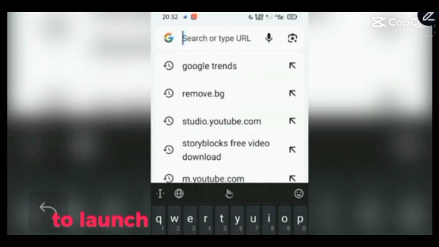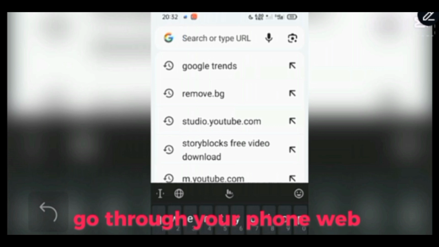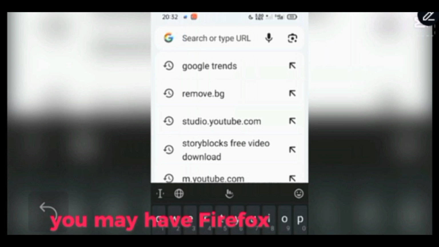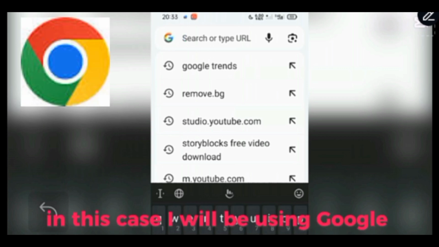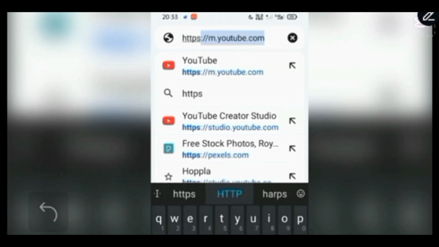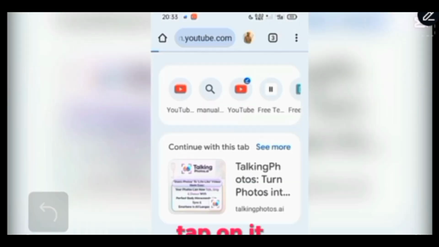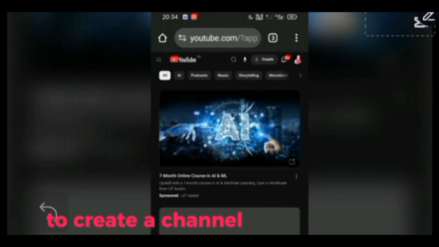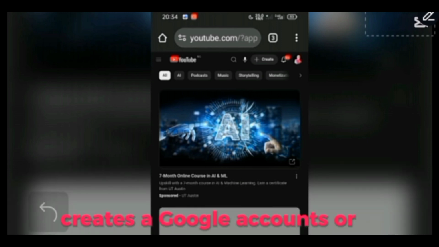To launch a YouTube channel on your phone, go through your phone web browser. You may have Firefox, Opera Mini, Google Chrome. In this case, I will be using Google Chrome. Search for https://m.youtube.com. Tap on it. To create a channel, you must first of all create a Google account or a Gmail